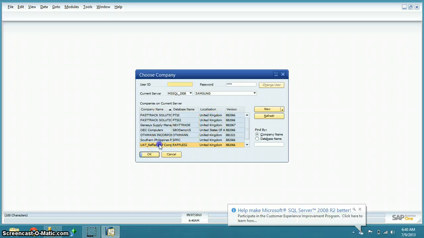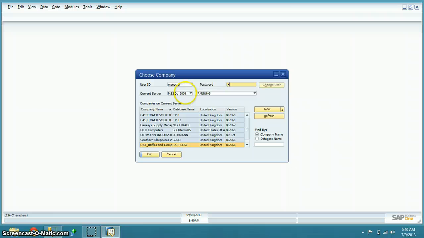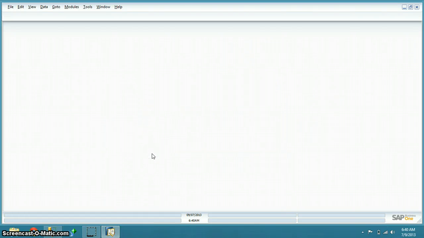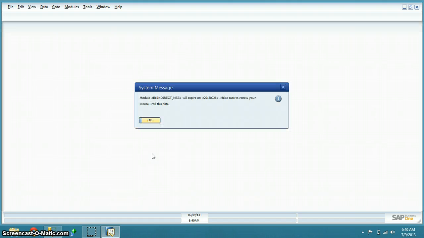First, I'm going to select Raffles and ID, then click OK. Just wait for a while, the system is verifying the license.